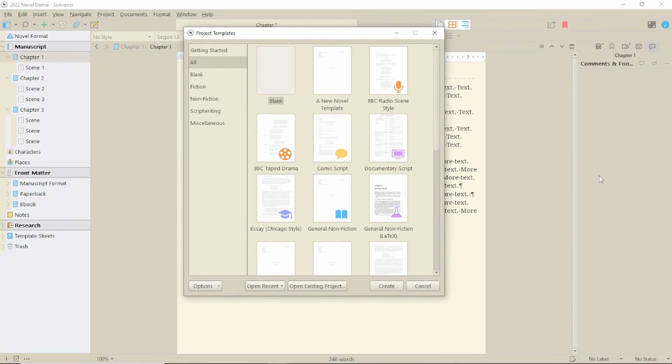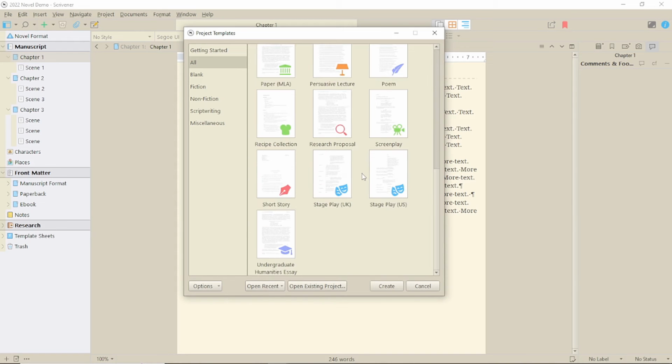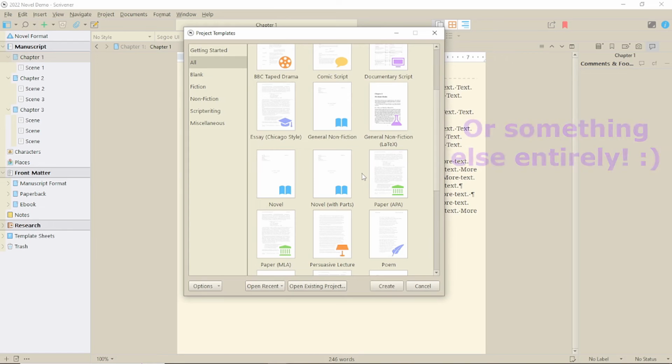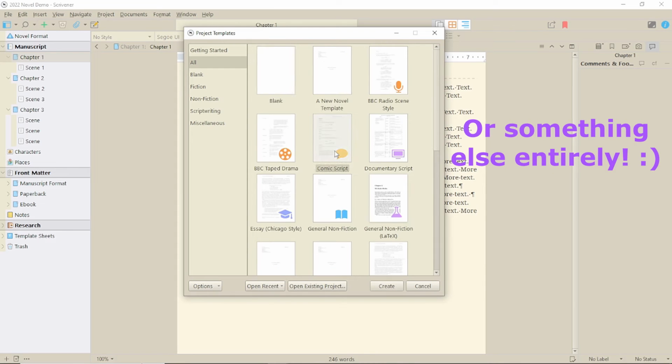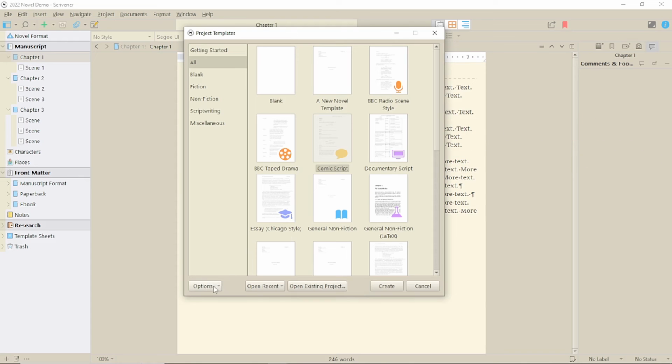When you open up a new project, the window gives you a ton of template options. But if all you ever use is the standard novel or non-fiction template, or even a template you've created yourself, you can set that as a default. Simply select the template from the New Project box, click on Options, and set Template as default.